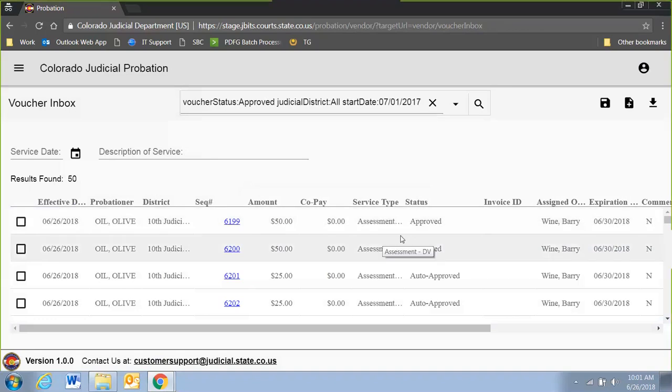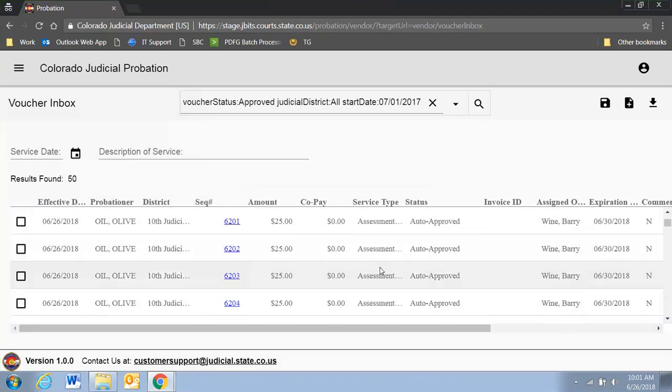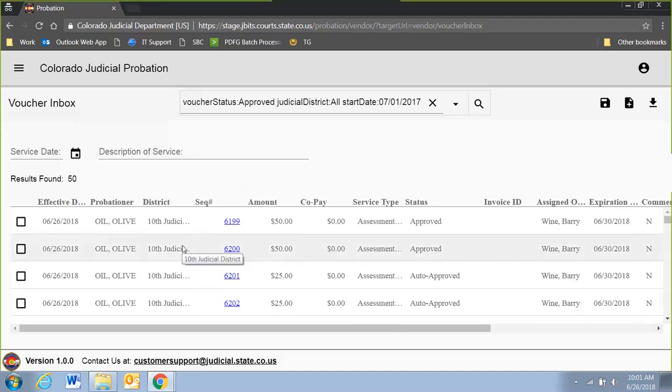And you can see here's some vouchers for different types of assessments, $50, $25, etc. So in order to use one of these, let's say that I have a probationer, they just walk through the door, they have a paper voucher, and I just want to check that indeed that's in the system. Or if they don't have a piece of paper, I can just log into the system and look them up